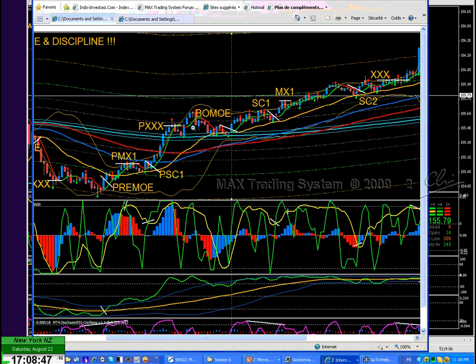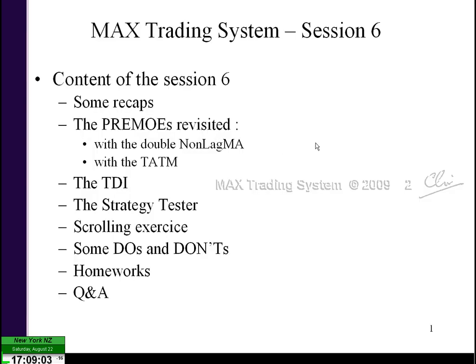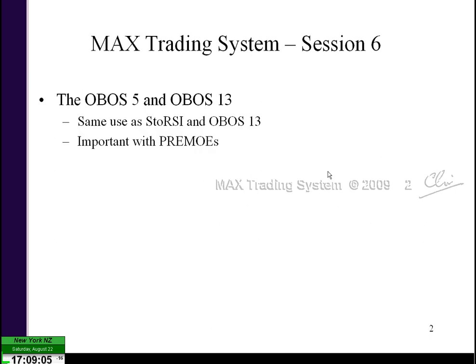So let's come back to this example for the Primo. Here also I would like to remember some very important concepts of Primo. But first of all, let's show the PowerPoint recap about the Primo. First of all, in combination with the Primo, remember we have introduced last session the second OBOS, the OBOS 5,